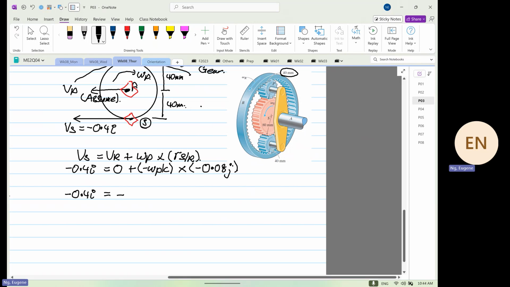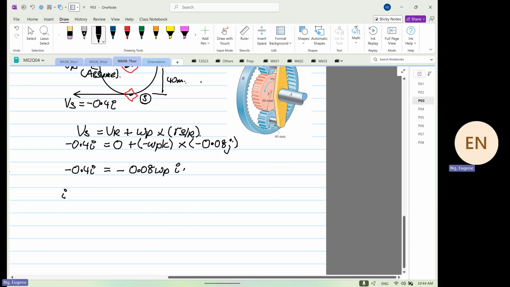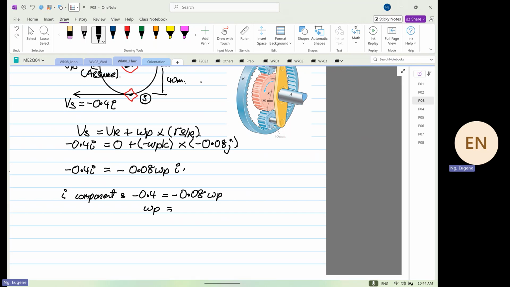So you get minus 0.08 omega P, and this will be our I. Based on the I component, you have minus 0.4 is equal to minus 0.08 omega P. So omega P is equal to 0.4 divided by 0.08. You get 5